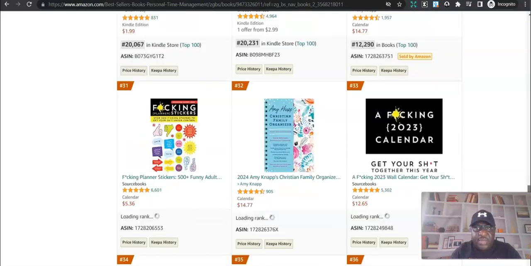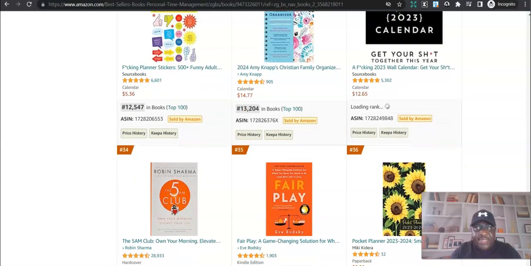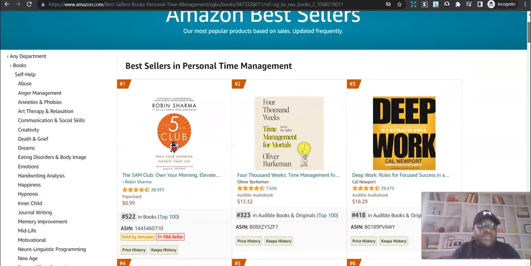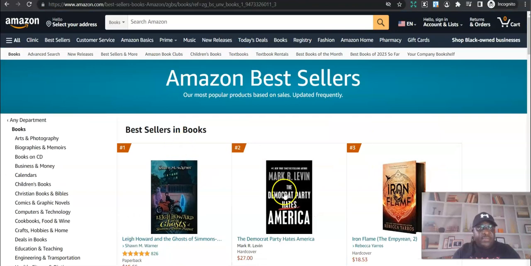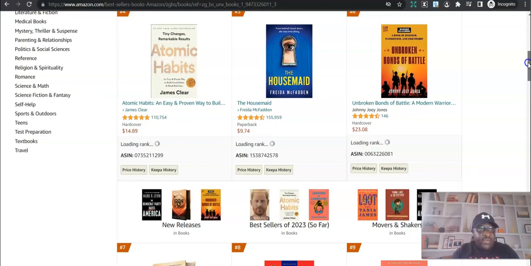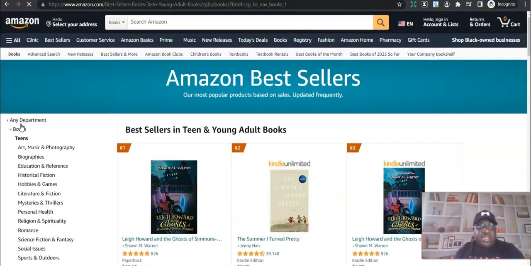I'll still scroll down, keep scrolling. These are our bestsellers. So okay, this category seems very, very competitive. So I just go back, I start afresh. I just go back to books again. Remember what we did? Look for a category from here. This time around, probably let me just go to teens and see what happens.